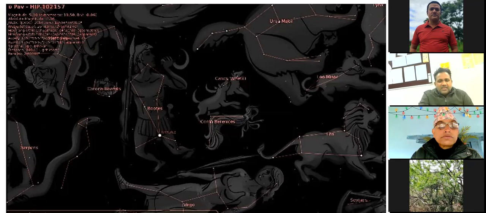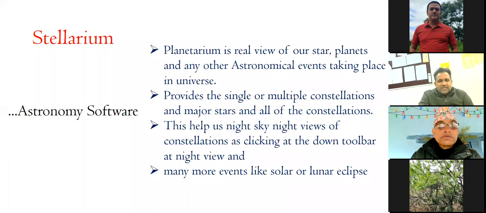So these are the constellation labels you can see. So this Stellarium is a planetarium software, open source software, that is to give you a real view of the